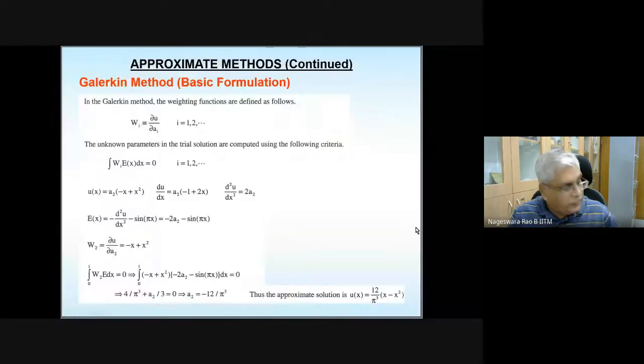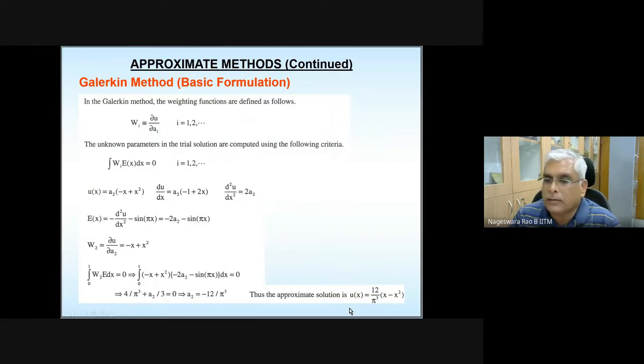Any questions? So A2 is obtained. A2 is obtained using Galerkin method. Approximate solution is given by this. And here something is written, basic formulation. Forget about this at this stage. Okay. Why is it called basic? Why Galerkin method basic form? Another small modification is there. Why it is called that? We'll see later. Any questions? So this is the approximate solution.